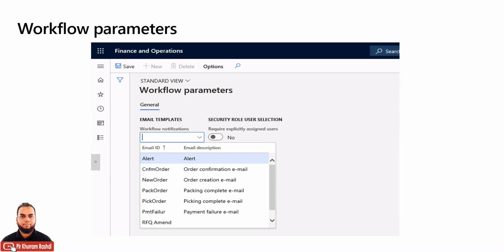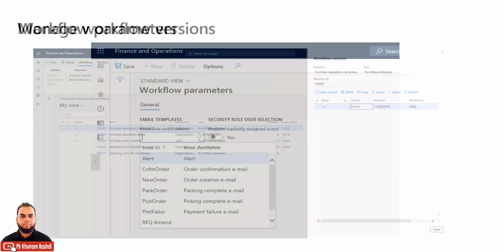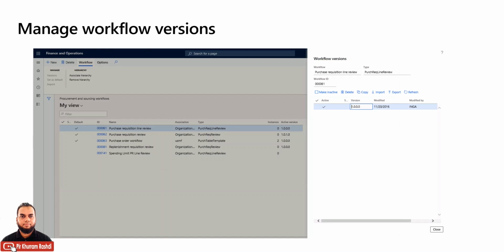And certain templates you can already predefine in the system, which we can use in the workflow. So then there are workflow versions. What are they? Basically, whenever you change a workflow, for example, when a certain workflow is created as an initial draft,